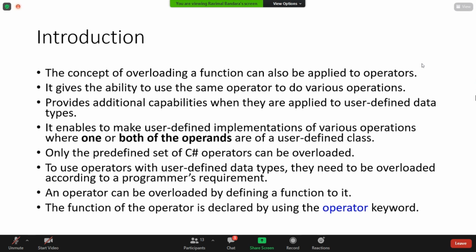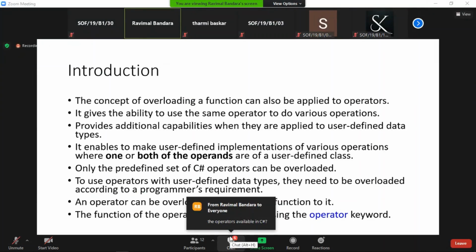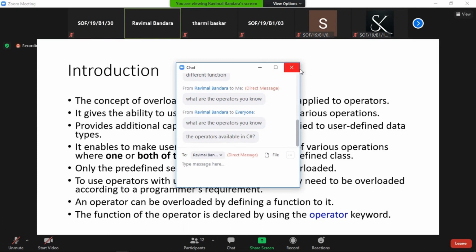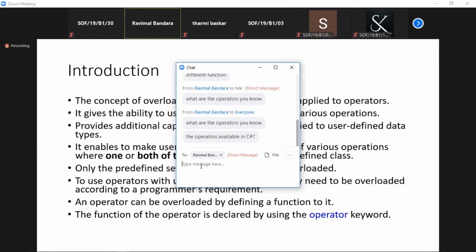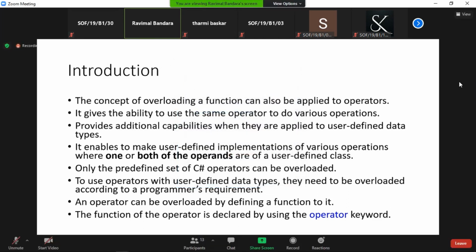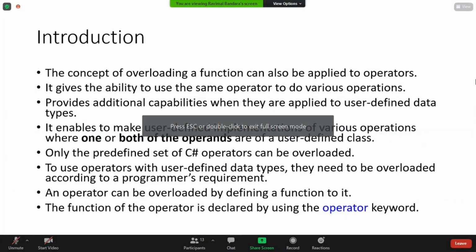What are the operators? I received one answer: the addition. The division, and the asterisk means the multiplication. These are the operators, right? Correct. So any other operators you know?